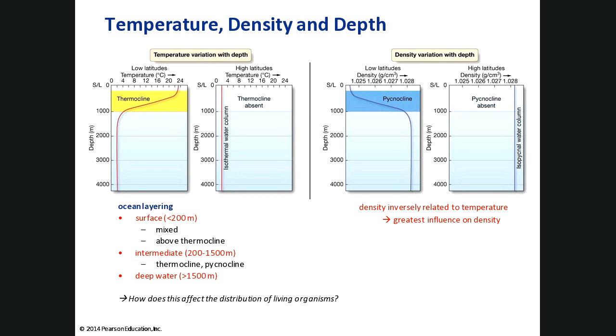And the pycnocline, what we have at lower latitudes, right? So what we have at places that are at the poles where it's very close, the density is lower and it increases as we drop. At the higher latitudes, though, we're really talking about those mid-latitudes, the pycnocline doesn't exist. A cline, there's no cline, there's no change. The density stays about the same from the top to the bottom. Okay, now,